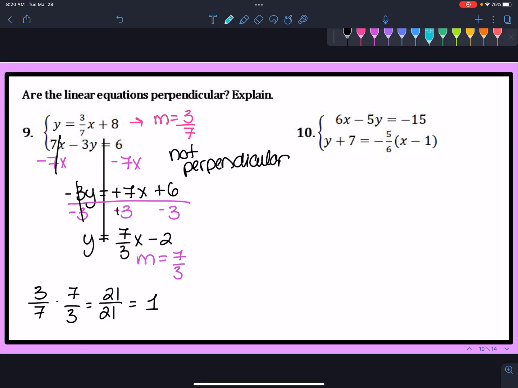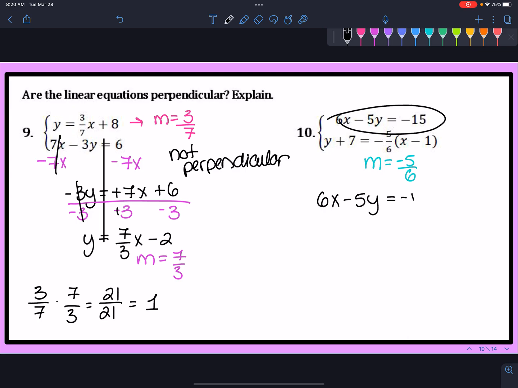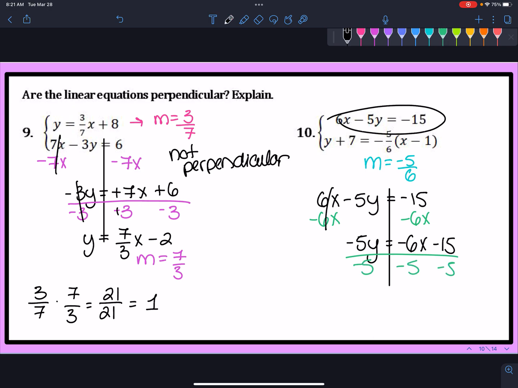I can find my slope for the second one, which is negative 5/6. But if you notice, this one is in standard form. So I have to rewrite this, and I need to solve for y. For this one, I'm going to subtract 6x on both sides, and I'm left with negative 5y is equal to negative 6x minus 15. I can divide every number by negative 5, and I'm left with y is equal to